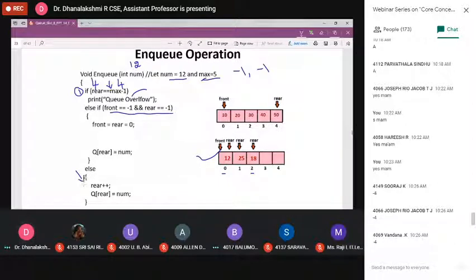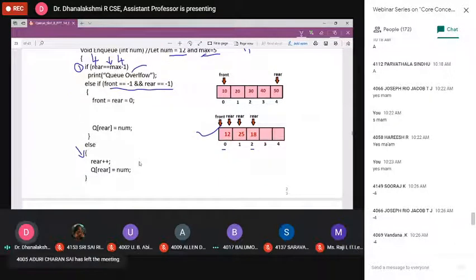What I told you, first you simply have to increment the rear by 1. Now what is the rear pointer? Rear is equal to 2, now increment by 1. Now rear is 3, and rear is pointing here. Now what do we have to do? Q of rear.